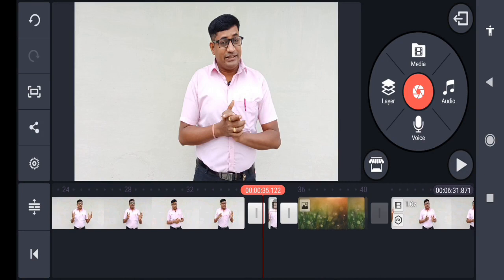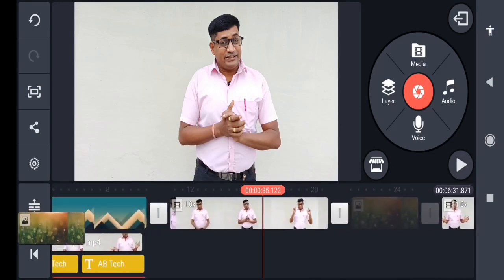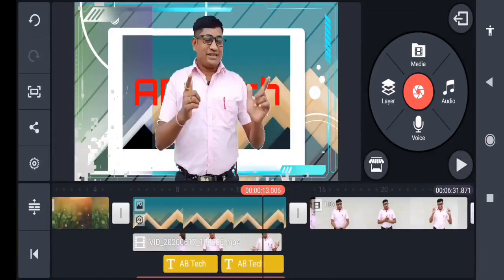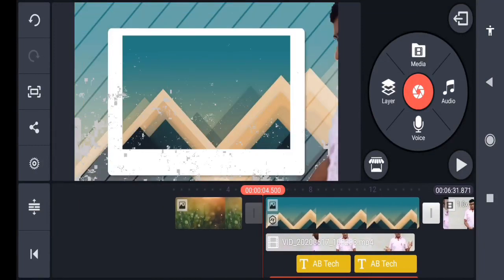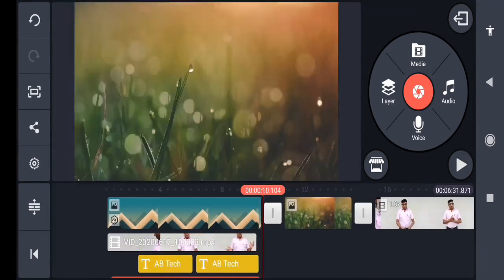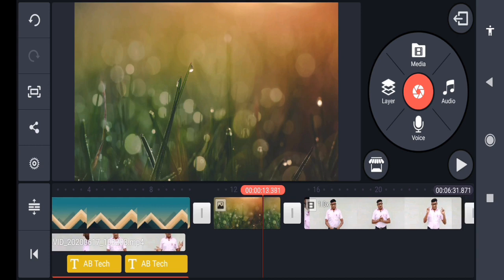Let's see, again I am pressing this and moving it to the left side, exactly at the starting point, or before this. So I will again click it and place it over here. Okay dear friends, so let's see. Now this is the starting part. In this we can do a number of other things.